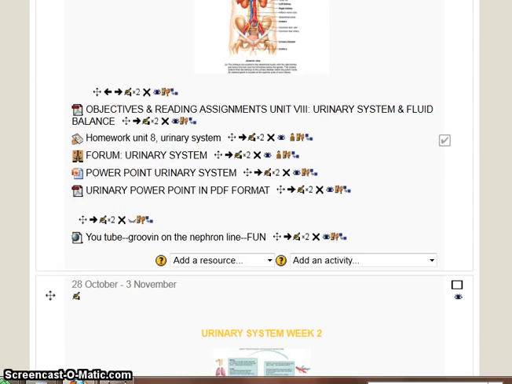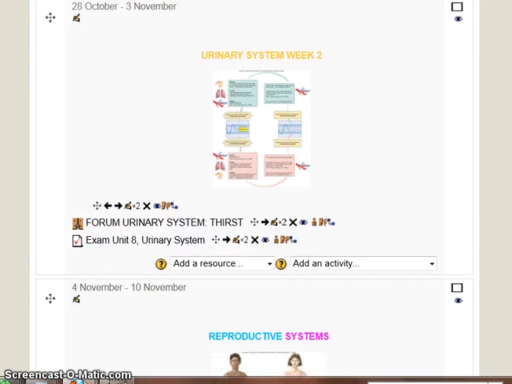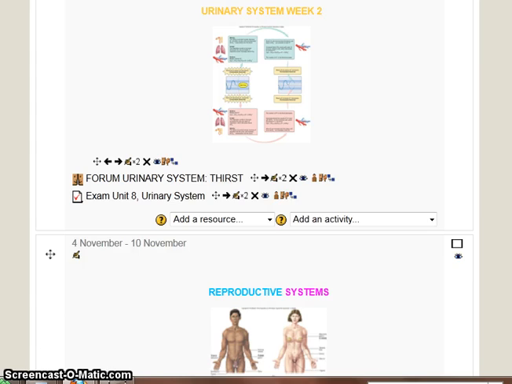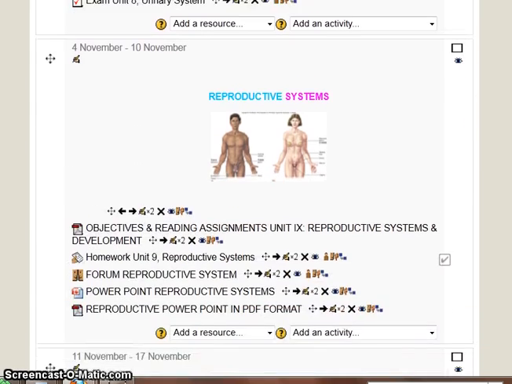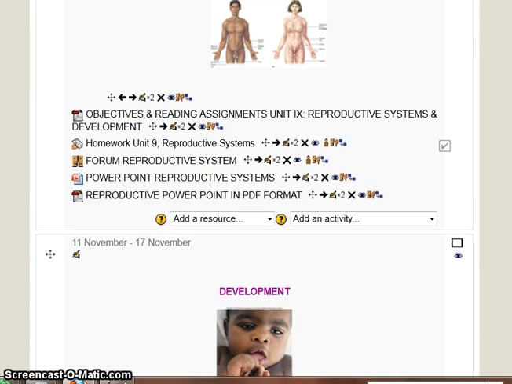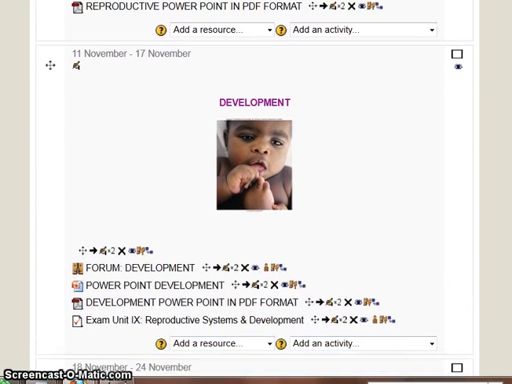Again, as you see, I try to follow the same format in each week, so you will be used to the format and hopefully less confused than if I changed it from week to week. Forums, homework 1 week, exam another week. Objectives and assignments are listed at the beginning of each unit. Here we are through the male and female reproductive systems, then development, Unit 9,